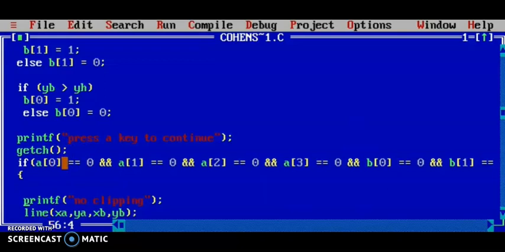Then next you can see that we are using an if statement. Here we are using the relational operator double equals and the double ampersand, which is the logical operator.